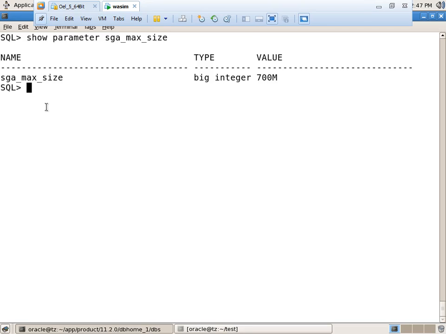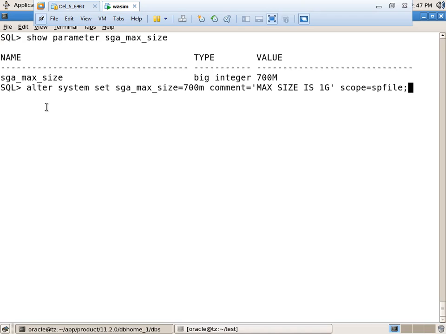See, just I am giving the comment. Alter system set. Okay. See, I am bouncing back the instance. After that I will check the comment. Okay.